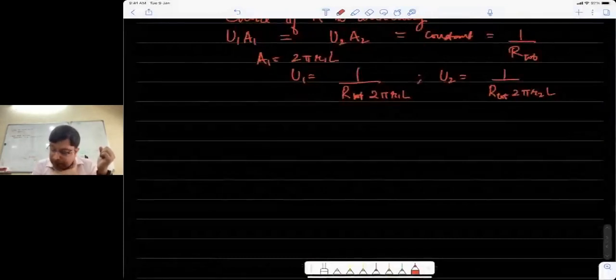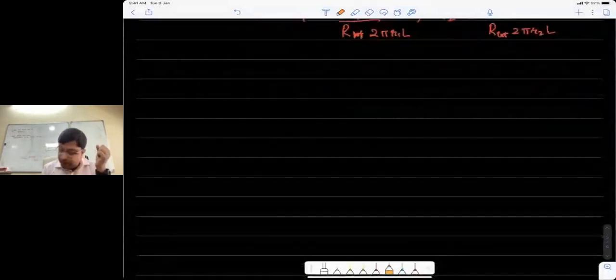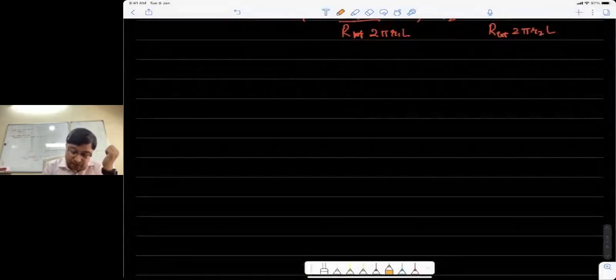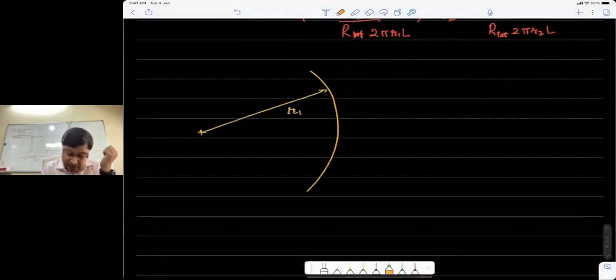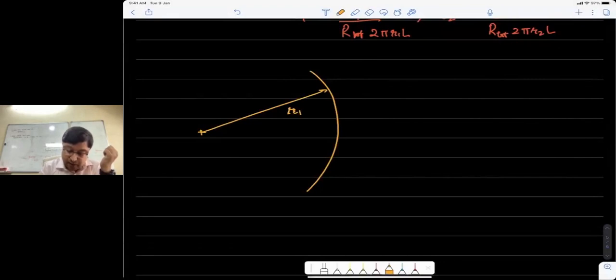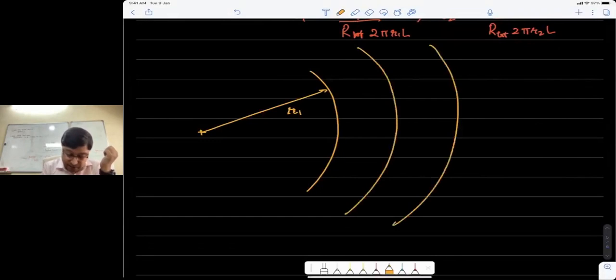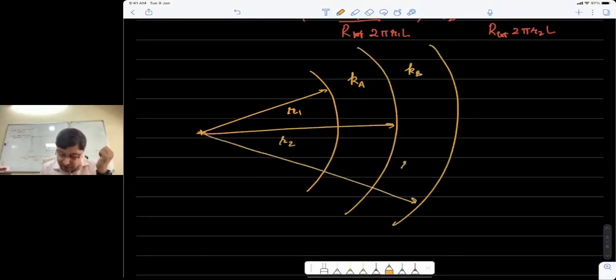Let's also look at one scenario now that we have looked at cylindrical systems. What if you have a composite cylinder? Let's say we have the center somewhere, and I'm not going to draw the entire cylinder. There is one cylinder which starts at radius R1 and one shell, with R2 and R3. This is, let's say, kA, kB. We can have as many as you want, but in this case I'm just keeping it to two cylinders.